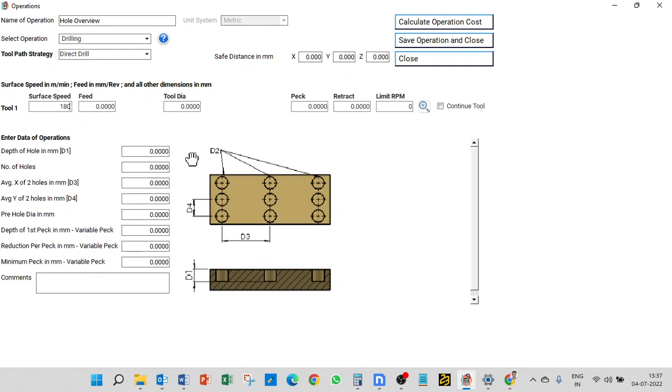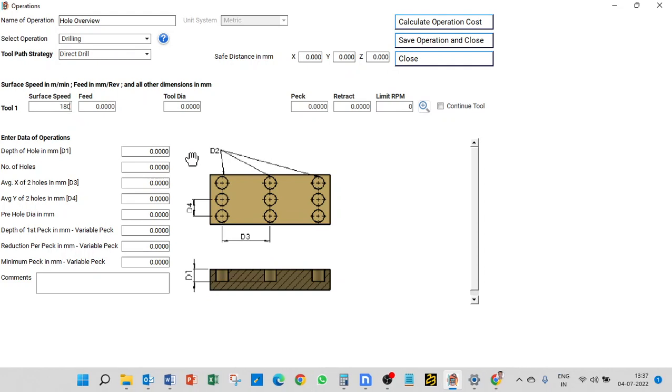So let us start with one of the drilling operations using direct drilling, then we will come to the other, pecking. Tool diameter is 16. Pecking is not necessary in direct drilling. So the very first thing it is asking is the depth of the hole, 51. Number of holes: if there is more than one hole you can put it in here, or keep it one. If you have more holes, then this data,